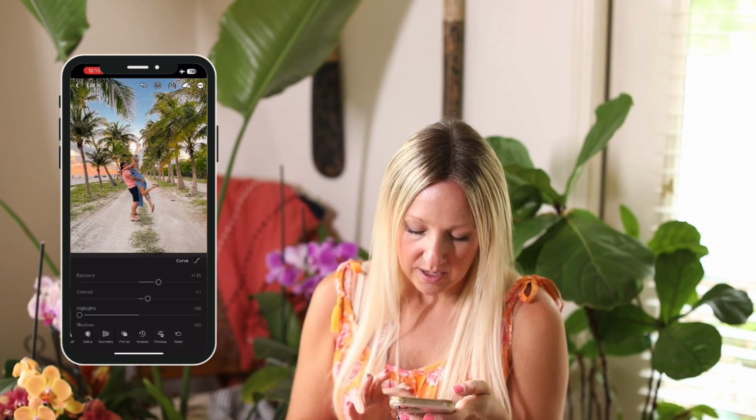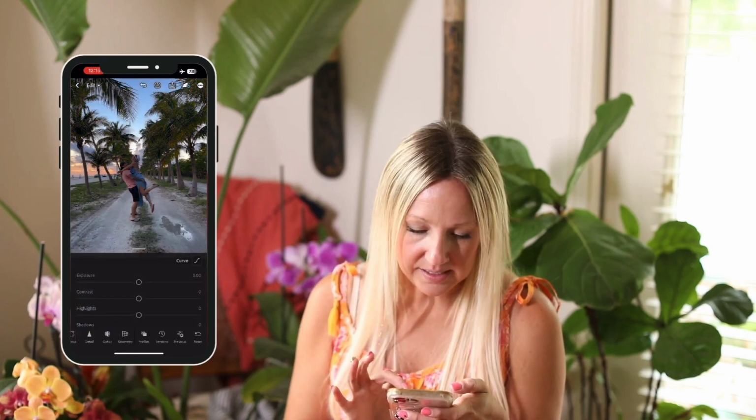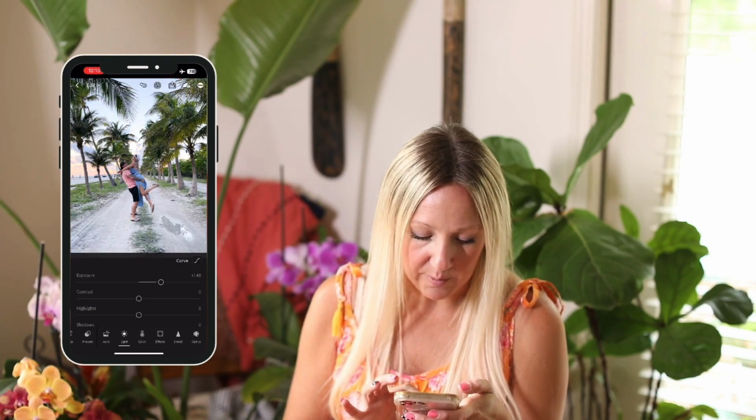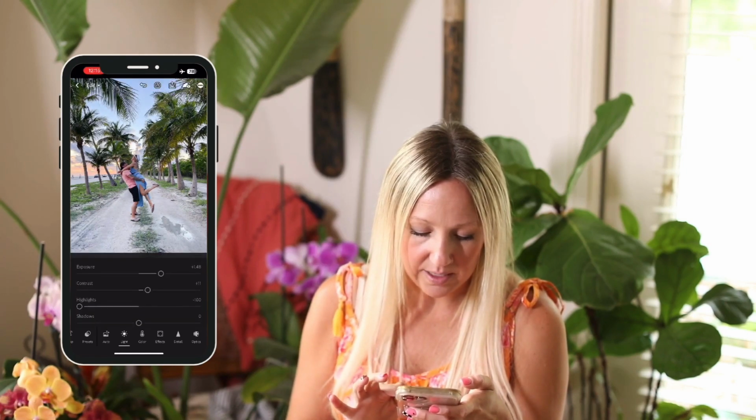So let's reset this, reset all adjustments, and now I'm going to start from scratch and show you how long it takes me to edit this photo and exactly what I would do. So again, I'm always starting with light. I'm going to go in, really brighten this up. I'm not looking for perfection right now because I'm going to be coming back and playing around with it,